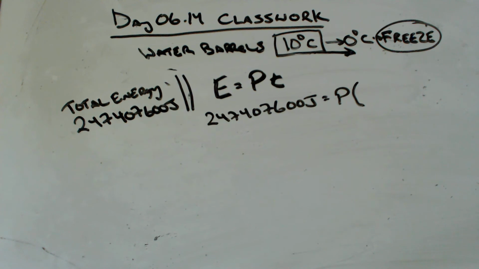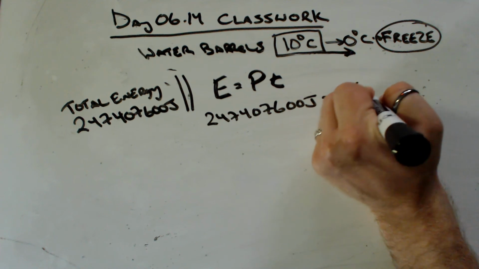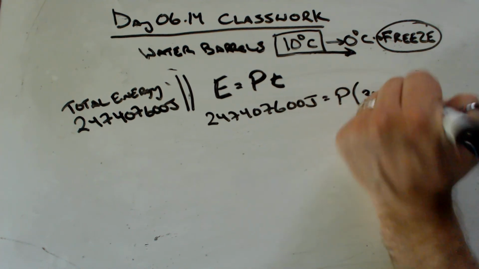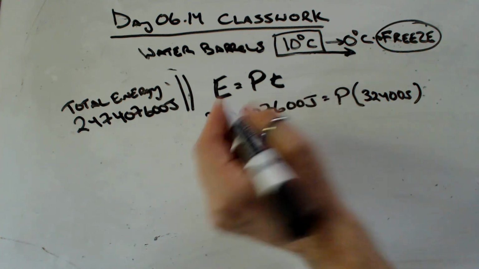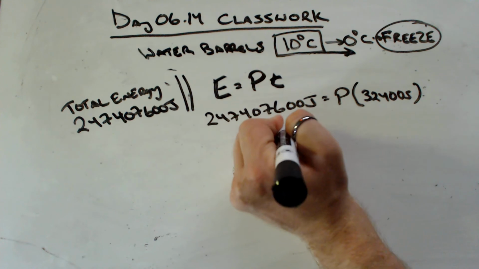So if we take 9 times 3600, we have the total number of seconds, which is 32,400 seconds. Dividing that number by 32,400,